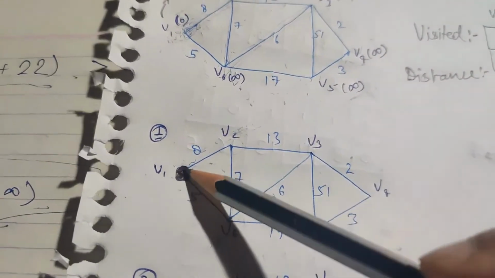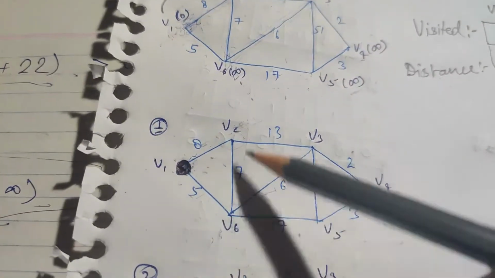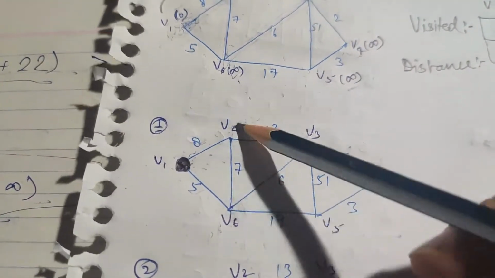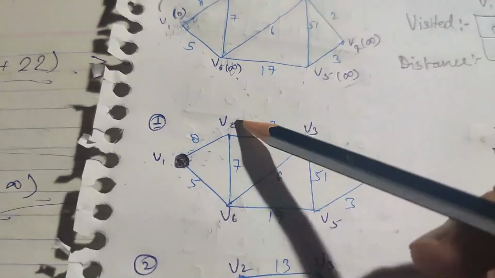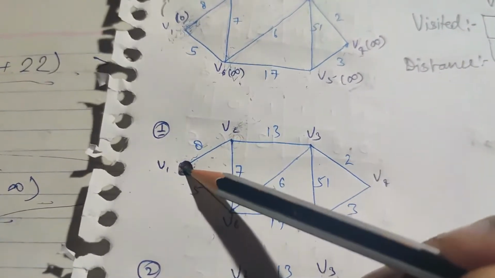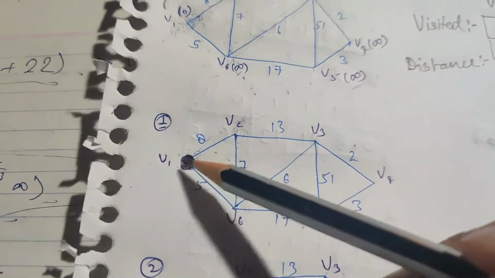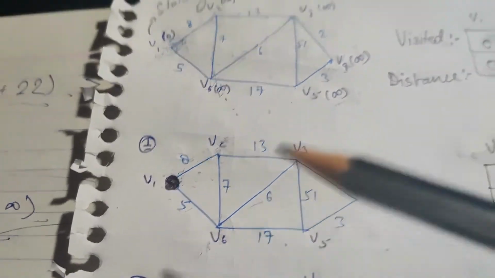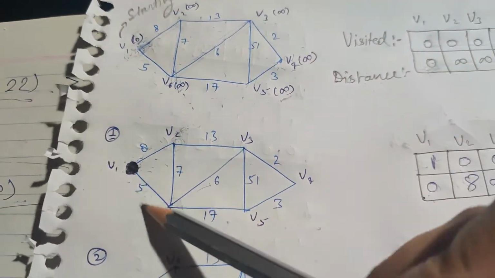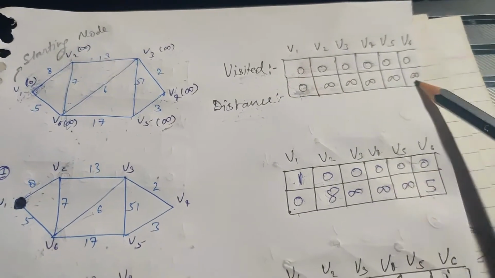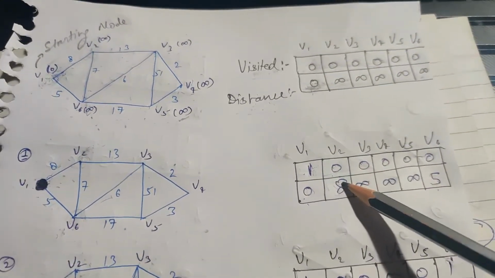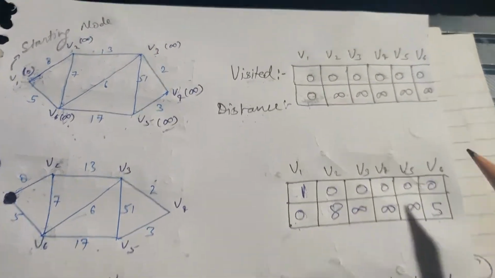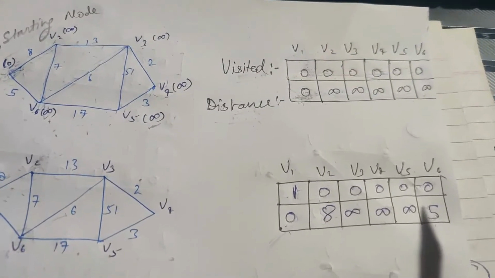Now what does the rule say? After you visit a node, you look at the adjacent nodes, and if any of them are unvisited, and here both of them are unvisited, you calculate the distance from the initial node through the node you are visiting, and you update them in the distance array if they are smaller. So we are calculating it. This is 8, this is 5. It was initially infinity in v2 and v6, so we are updating it because it is smaller and we have to keep the minimum in the distance array. So this is 8 and 5. Now our job has been done in this step.